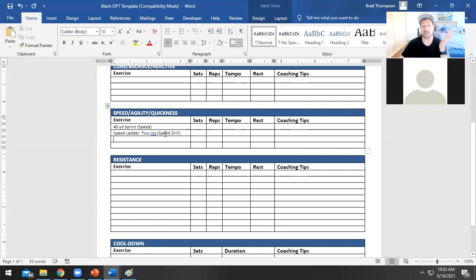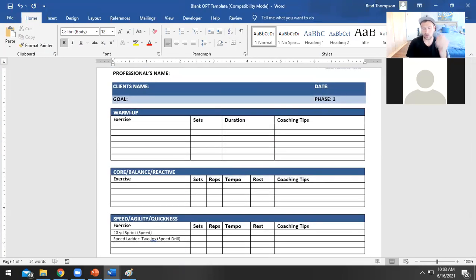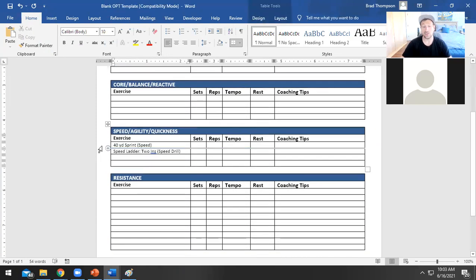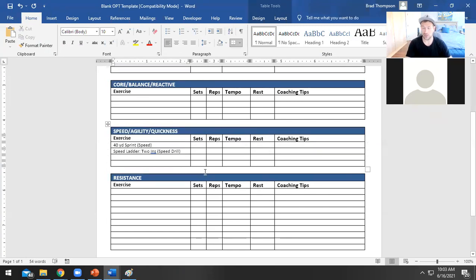Now, let's say our client is a strength level client. Maybe they're in phase 2, or 3 and 4. Well, now I can still do these drills. I can still do some speed stuff, but now I can start incorporating a little bit of agility. So maybe I decide to do a T drill, where they sprint, touch the cone, side shuffle, and then backpedal. Or I could do an L drill, that's the sprint, backpedal, side shuffle, karaoke, sprint.